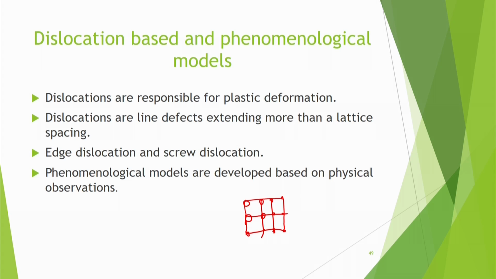These are called point defects because they are localized at one point, but there are some defects which extend over a line, that means there is a line of atoms which is much longer than the spacing between two atoms. In that lengthy line there is some defect, that is called a line defect, and dislocations are that type of defect. We will discuss that. There are two types of dislocation, that is edge dislocation and screw dislocation.